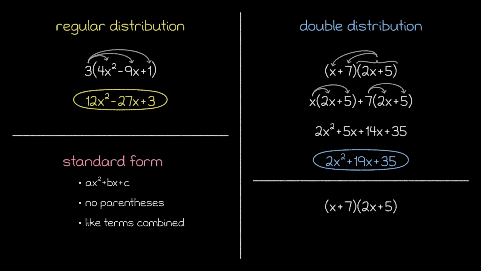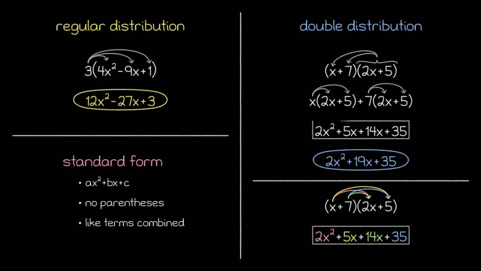When we do the double distribution process, we're essentially taking each term from the first set of parentheses times each term from the second set of parentheses. So instead of writing things out this way, what we can do instead is this. Notice that each term from the first set of parentheses was distributed over the second set of parentheses, and the final result is the same as what we achieved earlier. Thus, moving forward, we'll use this simplified double distribution with the knowledge that it actually represents a longer process.